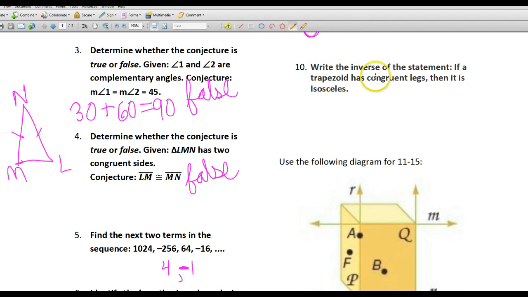Number 10, write the inverse of the statement. If a trapezoid has congruent legs, then it is isosceles. So our inverse is where we negate the hypothesis and the conclusion. So if a trapezoid does not have congruent legs,